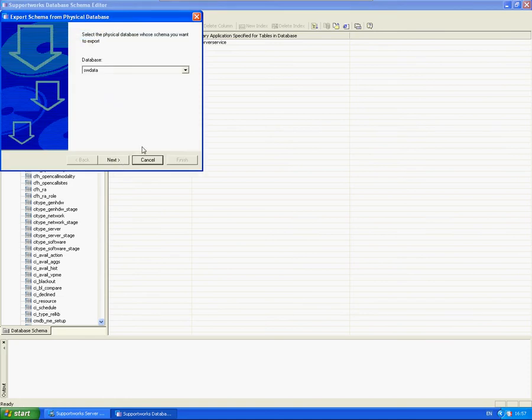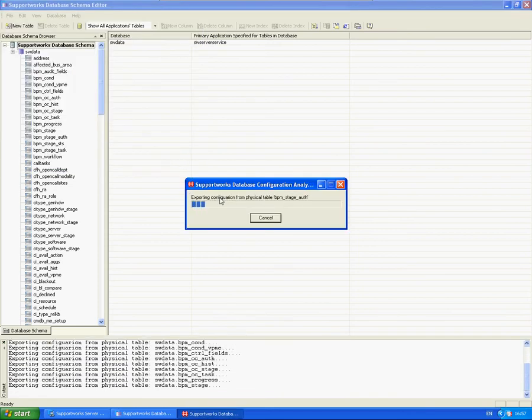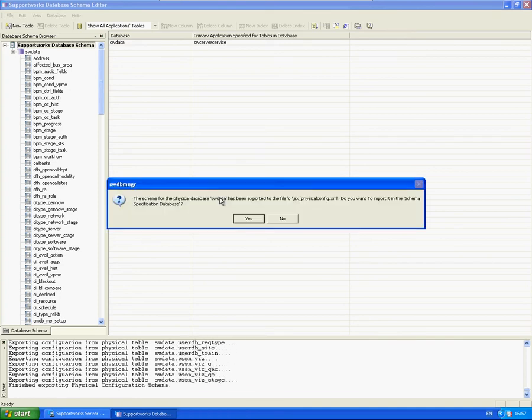So I'm going to go to Database, Export Schema from Physical Database, ensure SW Data is selected, click on Next, Next again. I'm going to export it to the C drive, just click on Finish. This will just take a few seconds. You'll get a prompt here to ask whether you want to import it back into the actual schema specification database,